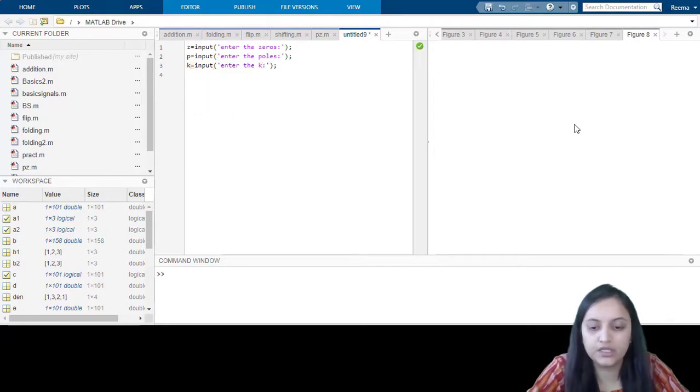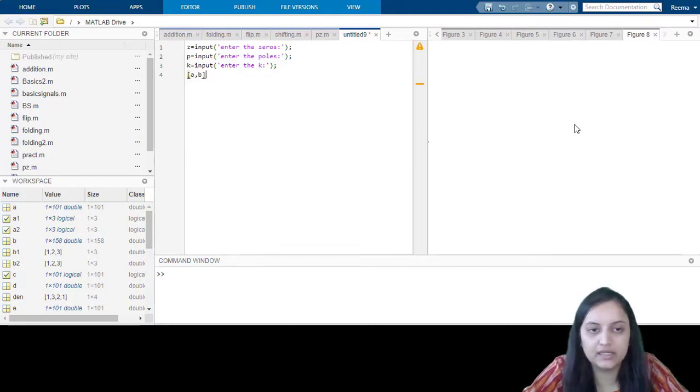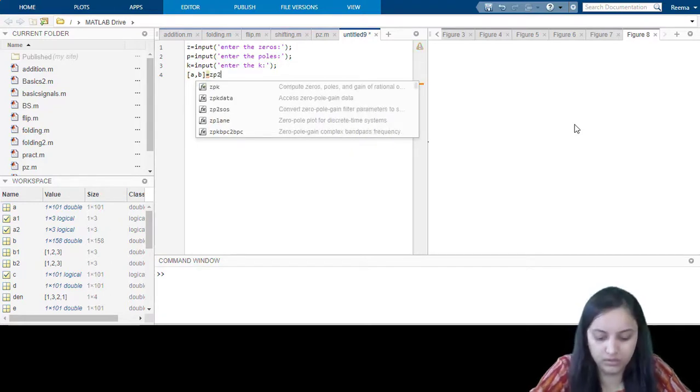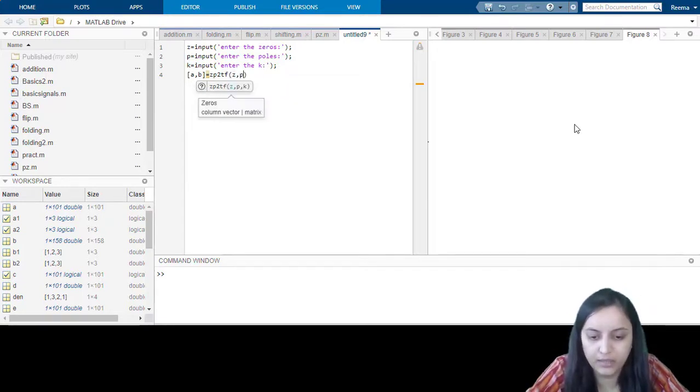Now let us use the function a comma b that is equals to zp2tf, that is zeros and poles to transfer function, z comma p comma k.